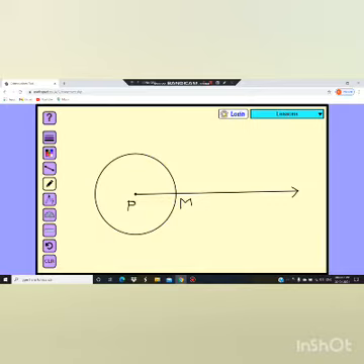So what we are going to draw, we have to draw the perpendicular. Take a compass, keep the pointer on P, take some distance. It should not be equal to PM, a little bit less than PM. So take a distance of that, and while keeping the pointer on P, draw two arcs, one on the right hand side and one on the left hand side. Okay, now we have drawn the two arcs.